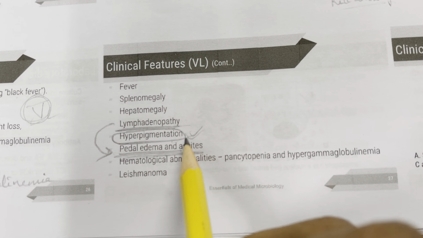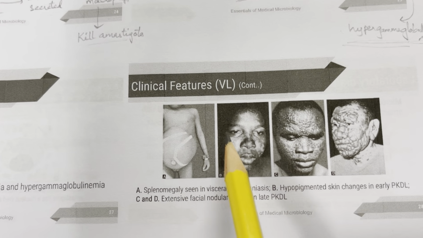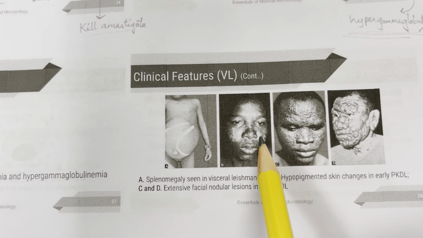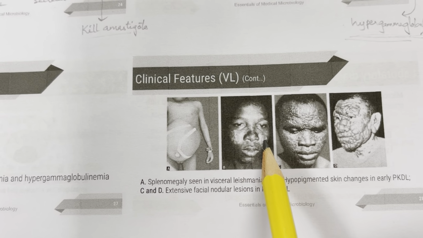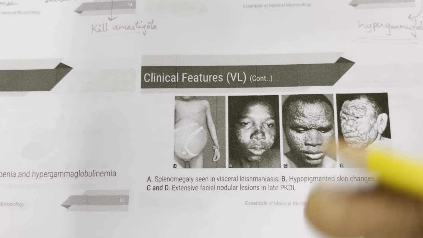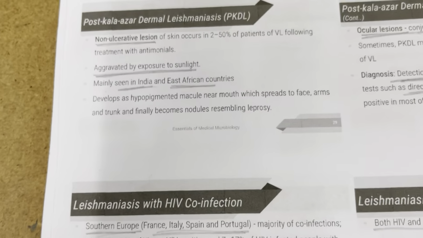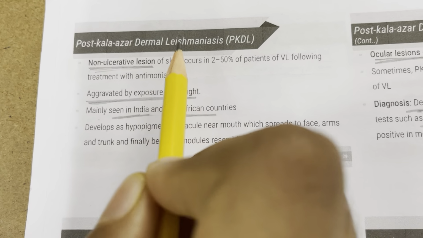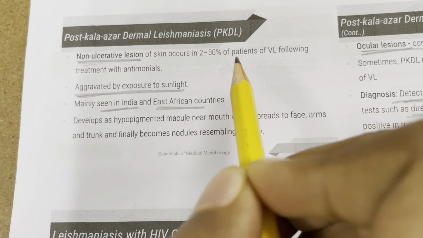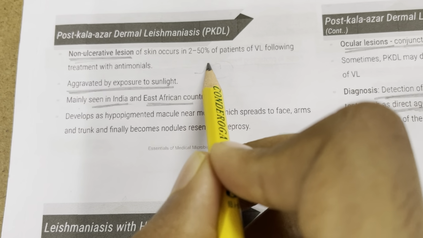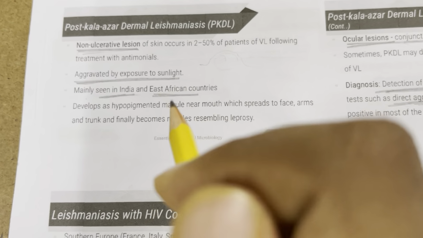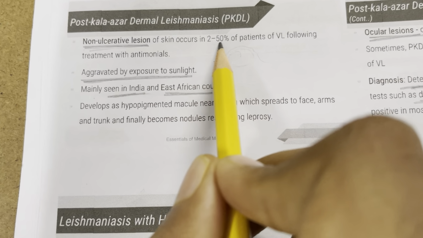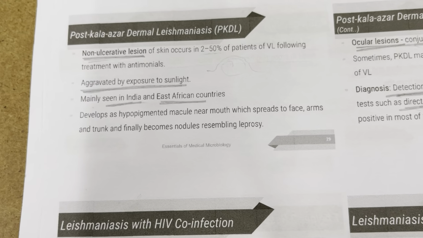So here you can see in visceral leishmaniasis, first near the mouth region, you have certain minute ulcers that are not seen. You have certain minute things that are being formed, and then it spreads to the trunk. So non-ulcerative lesions in PKDL, post-Kala Azar dermal leishmaniasis, they are non-ulcerative lesions. The discontinuity of the epithelium is not being disrupted, it's just erupting. It is not disrupted. So non-ulcerative lesions of the skin occur in 2 to 50% of patients of VL following